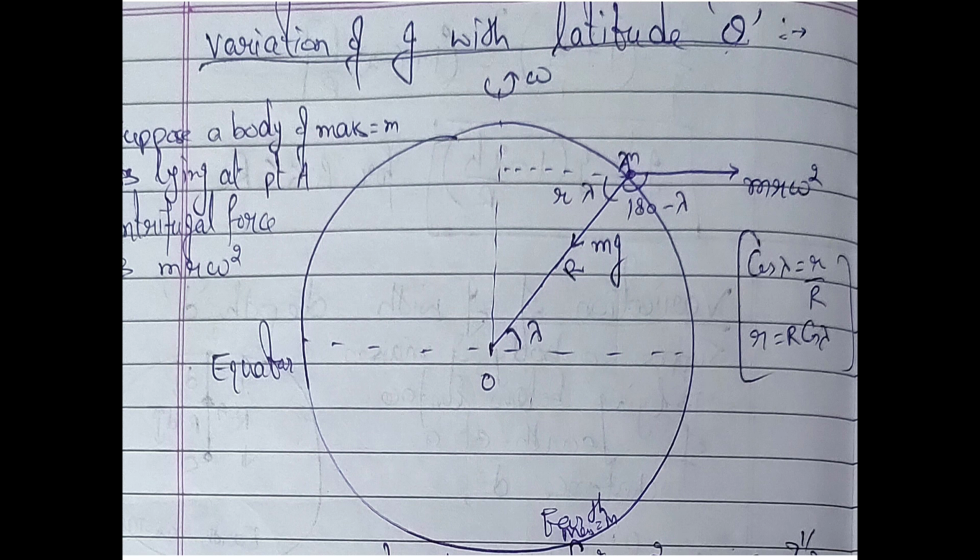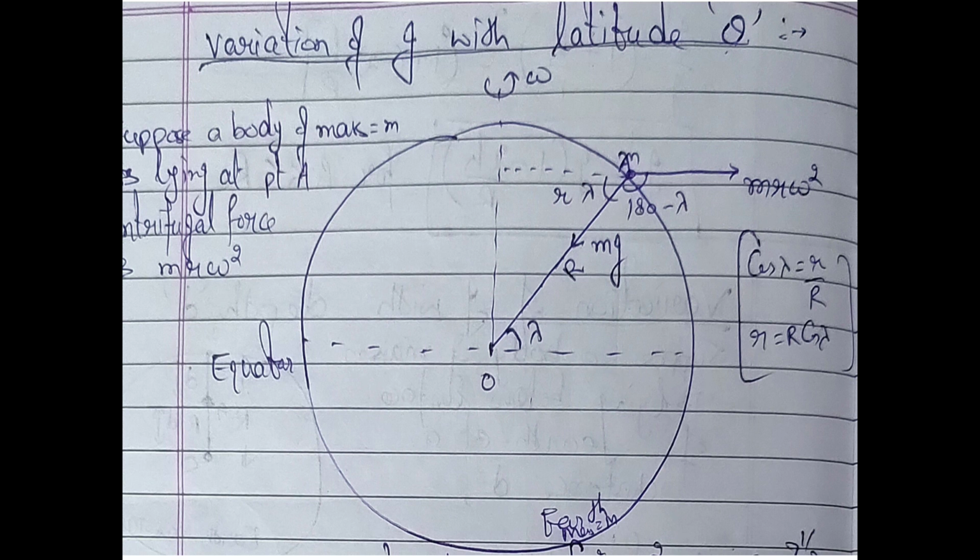Variation of g with latitude. This article shows the variation due to the rotation of earth. The variation of g with respect to the rotation of earth is more observed at the equator, and at the pole it is less observed. Let us say at point A a body of mass small m is placed. Now lambda or theta is the latitude. Latitude is the position of the body at A. It is an angle representing the position of the body at point A with respect to the equatorial line. So lambda is the angle.